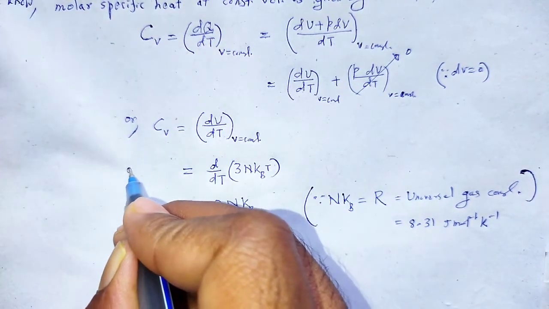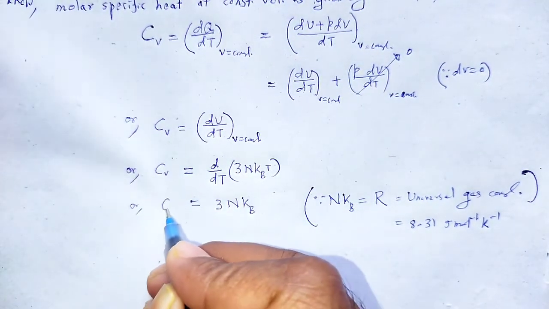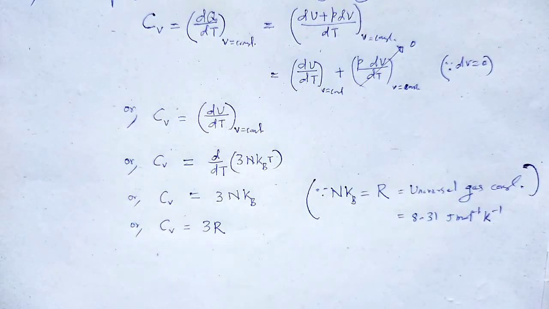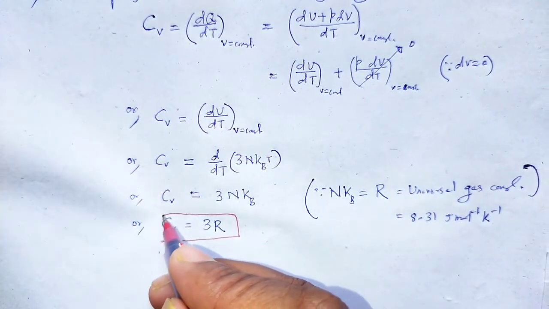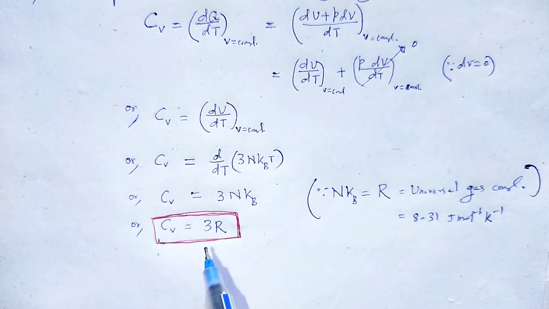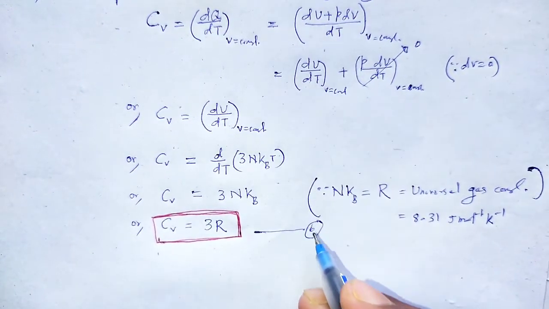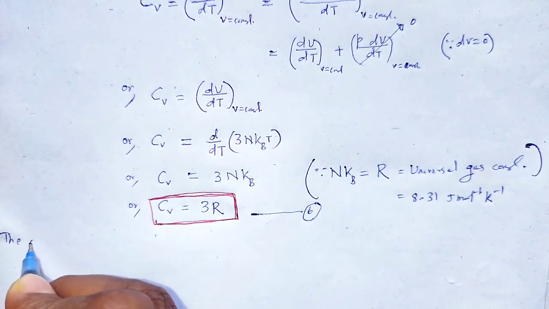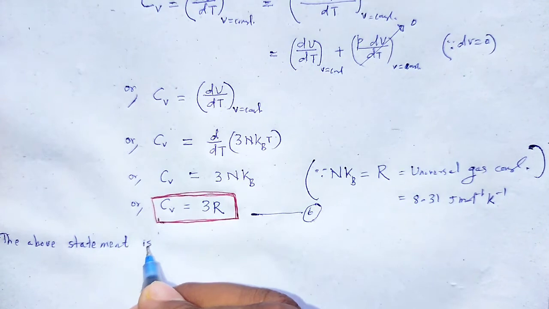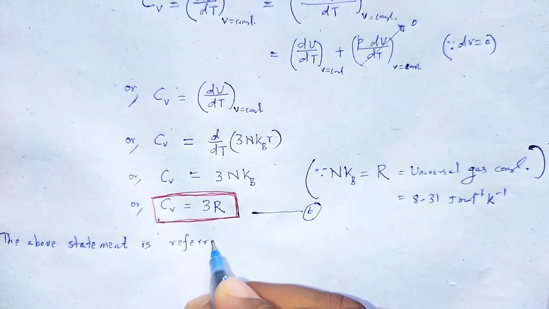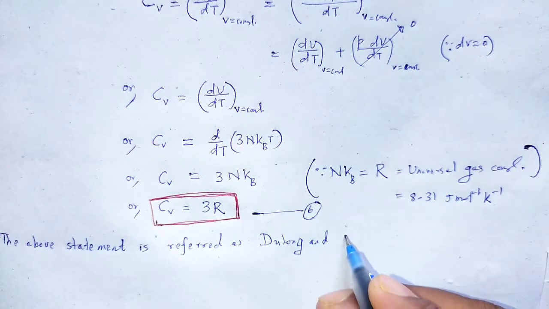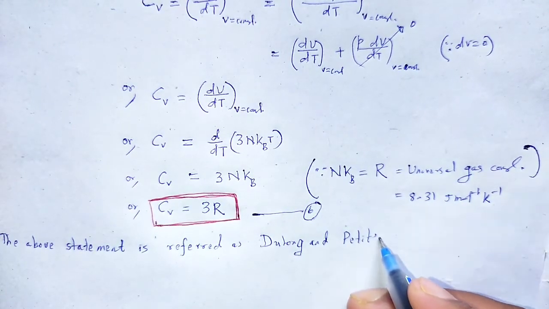So finally we obtain Cv is equal to 3R. Cv is equal to 3R. The above statement is referred to as Dulong and Petit's law,